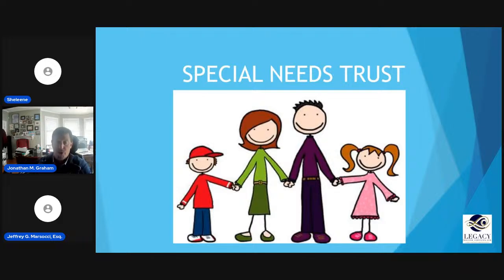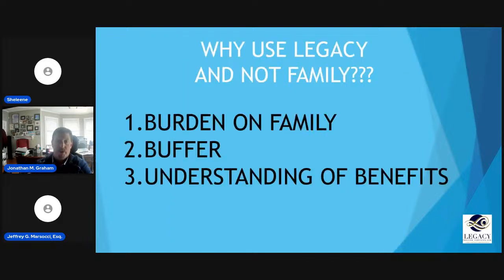So, John, why don't I just have a family member be the trustee of this special needs trust? Well, there are a lot of reasons, and a lot of them come down to what we've already talked about. If there is a special needs trust, that can be a huge burden on the family member. More often than not, I find the sibling says, yep, I'll be the trustee for my sibling. I'll take care of them for the rest of their life. And then they're 5, 10 years into it, and they're just getting badgered by that sibling to give them money all the time. Give me more money, give me more money, give me more money,